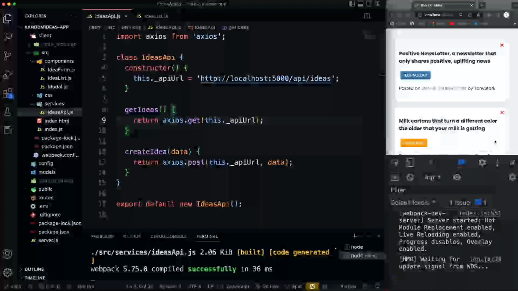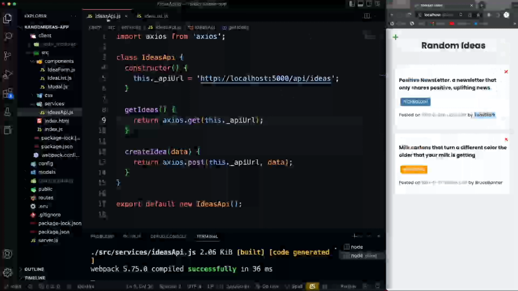All right, so now we want to add the functionality to be able to delete these ideas, but we only want to be able to delete them or even see the delete button if we are logged in with this username, or not logged in, but if we have that username in local storage. All right, so let's start off with our ideas API service because we need a couple methods, one to delete,